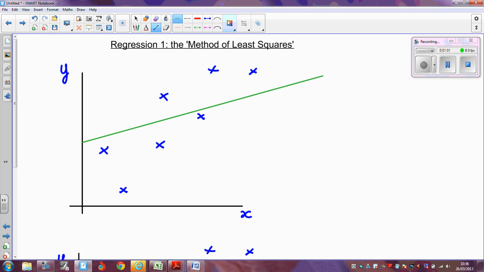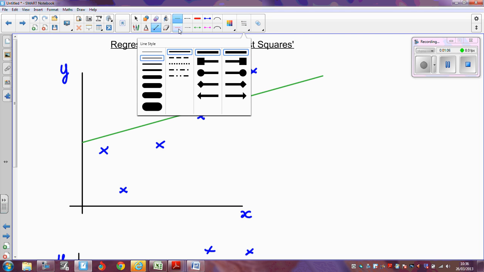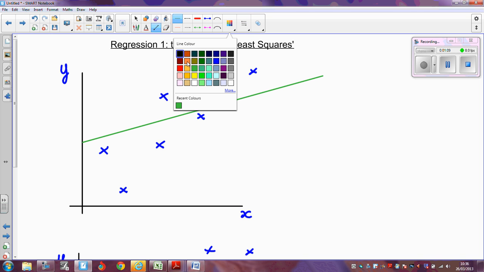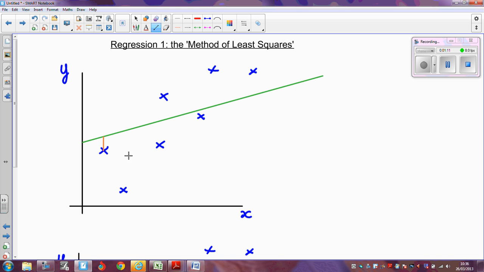Okay, but there is, and you don't need to know this in too much detail, basically the formula that works out the equation tries to minimize these distances. So let me just put in these vertical distances, and I'm not sure whether you need to know this, but they're actually called residuals. Now, if you've drawn your line of best fit that fits your data badly, then these residuals, each of these is called a residual, and all of those residuals will be quite long because your line is nowhere near